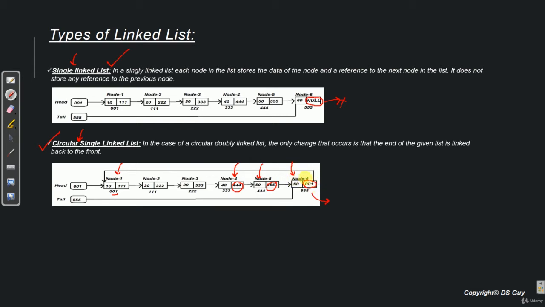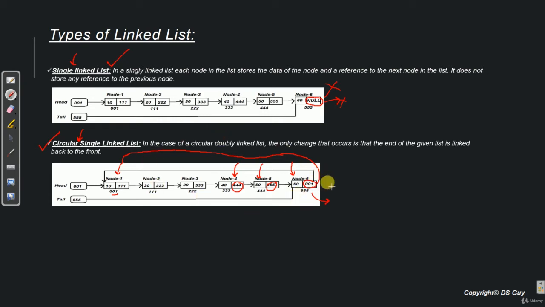So from the last node we also have an option of going to the first node, which was not possible in a single linked list. That is the only difference between a single linked list and a circular linked list. And the name circular comes from the fact that the last node always points to the first node. So basically it creates a circle.